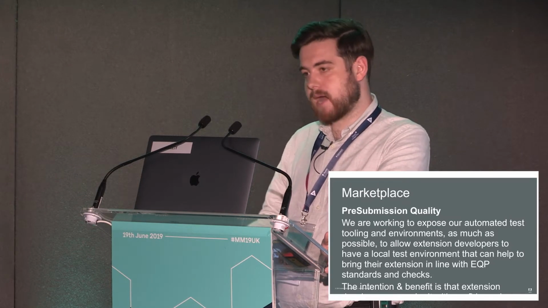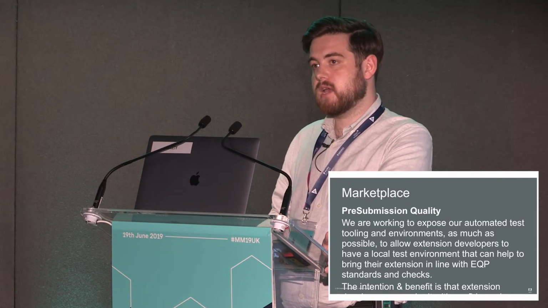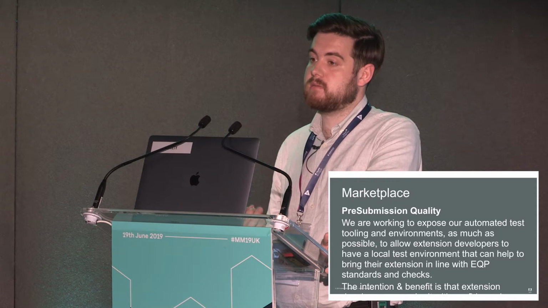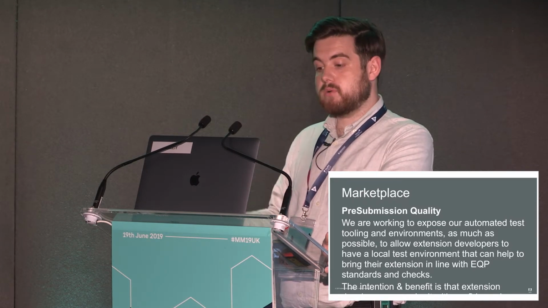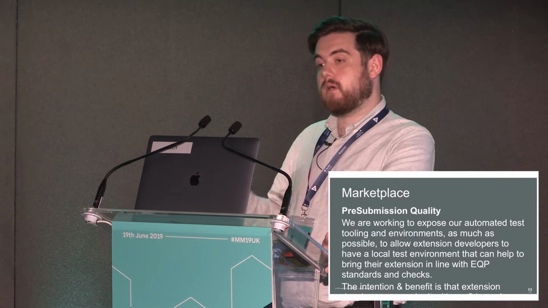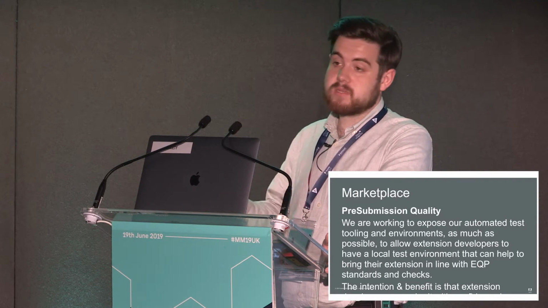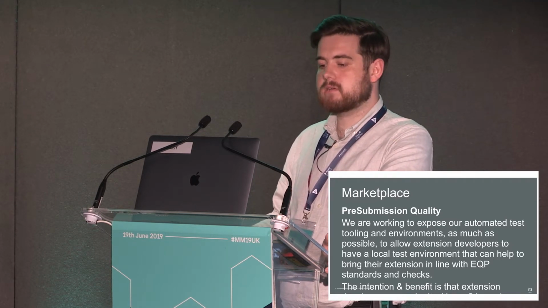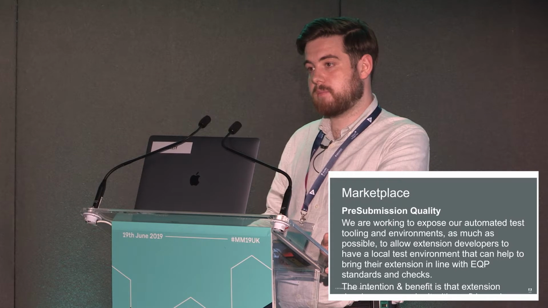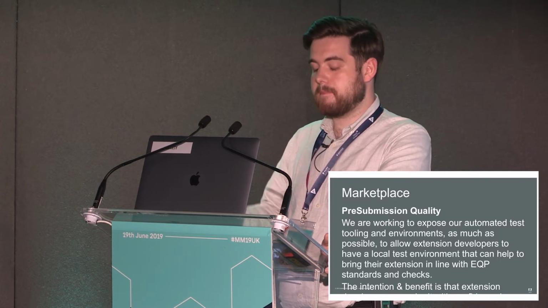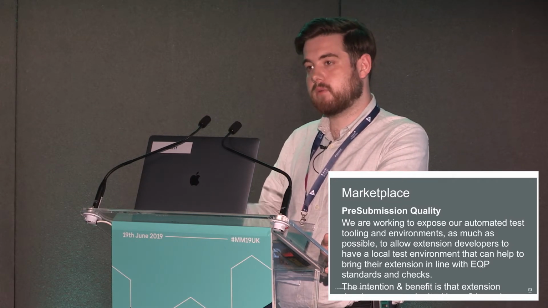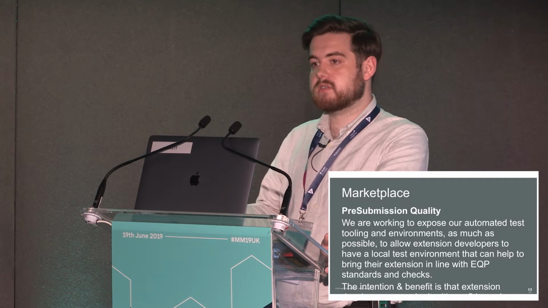There's manual review, there's manual QA, and oftentimes extension developers can't know about issues because they don't know the exact criteria until it's come inside our system and we've given feedback back. So we're exposing some of this automated test tooling around MFTF, around coding standards, and a few other things, but we're also working to expose the actual environments that we're going to be using. Along with documentation and guidance, that's going to allow us to help extension developers plug in a local system that mirrors what we're doing for marketplace, and be transparent about what the criteria are and what checks are required,